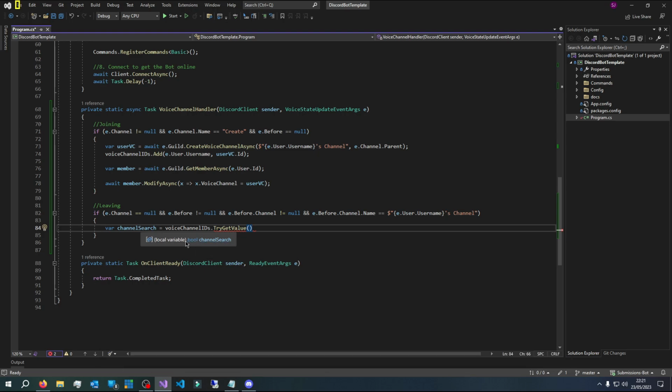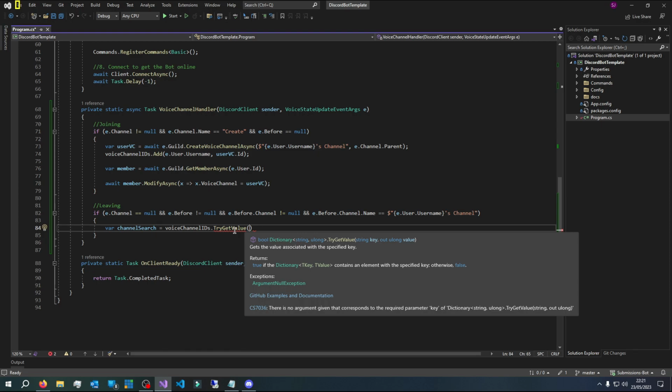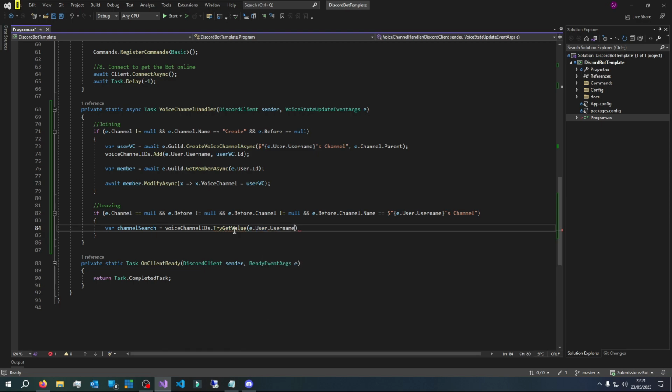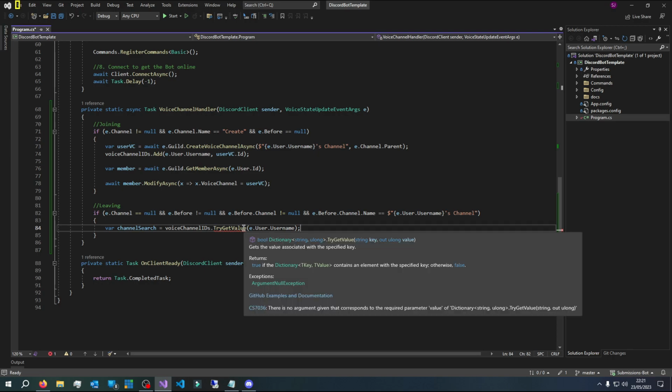So if it's true, then it successfully got the entry from the dictionary. If it's false, then that means something went wrong and it's going to fail, right? So what we do is say TryGetValue, and then we provide in the key. So that's going to be the e.user and then the username, because each user has their own channel ID that